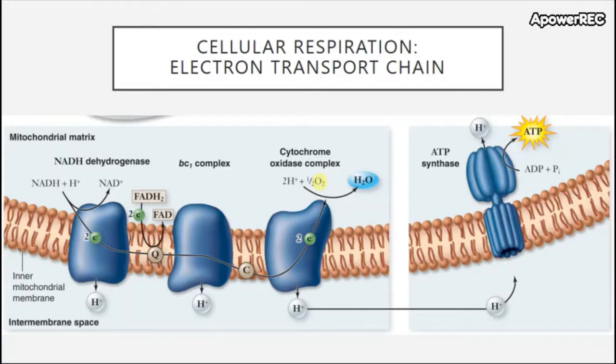What would happen if you didn't have enough oxygen present or no oxygen present? Naturally, this chain would get backed up, and this process could not function because the electrons would have nowhere to